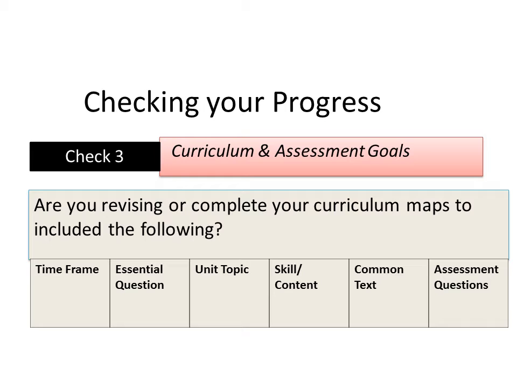Check to make sure you and your team have been working to complete your curriculum maps. You need to have a map for every class or course taught. Each map should be shared with me so I can include them on the curriculum website. They need to be in a Google Doc so that when you make revisions each year, the website has the